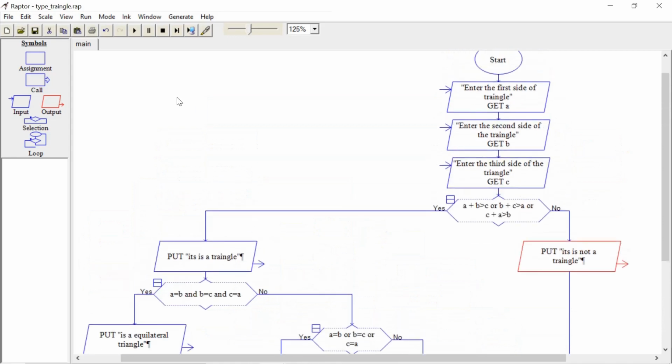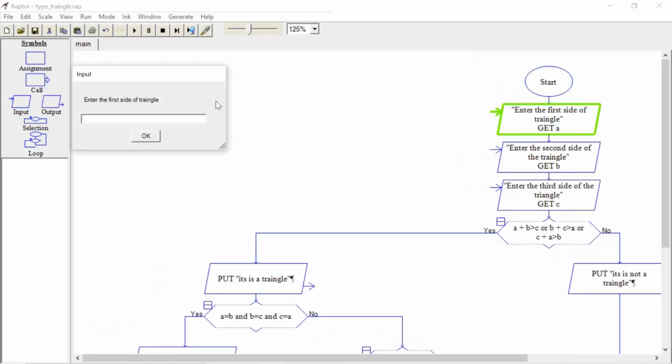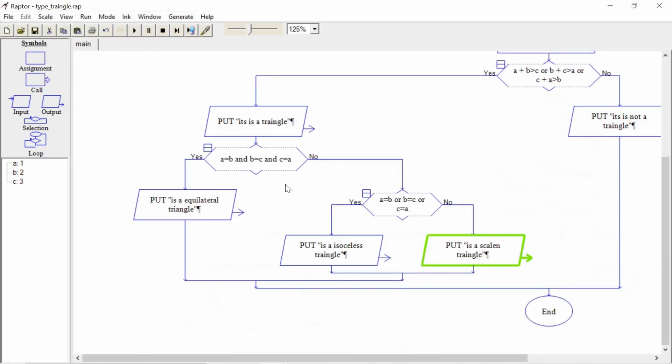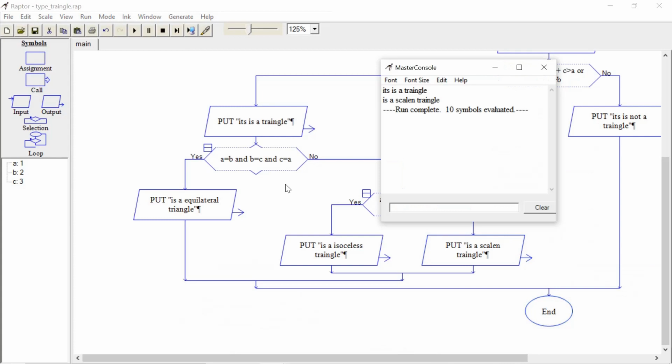So I will test by giving some inputs. Execute this. It starts and asks for the side. Here I am giving 1, second side 2, and 3 as the third side. See, it's a triangle and it's an example of a scalene triangle.